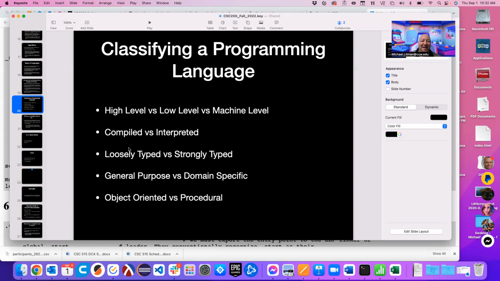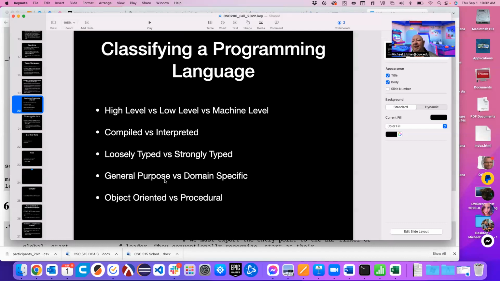So in any case, then we have general purpose versus domain specific languages. Almost every language you ever work with is going to be a general purpose language. It's made for solving all sorts of problems, any kind of problem that you can tell a computer what to do. And that falls into that category I said earlier: as a human being, if you feel like you have a fighting chance of fully articulating all the steps to solve a certain problem, there's a decent chance you could write a program using a general purpose language to solve it.